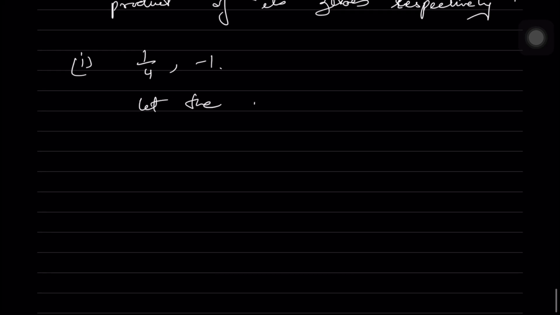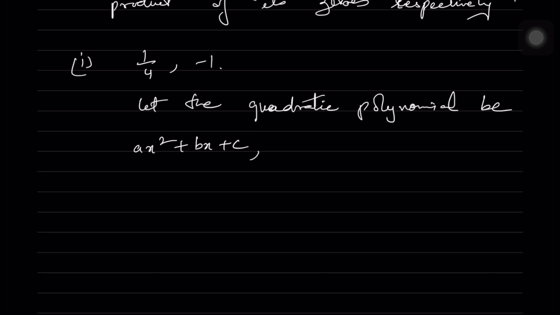So in the first problem, the sum of the zeros is given as 1 by 4 and the product is given as minus 1. So let the quadratic polynomial be ax square plus bx plus c